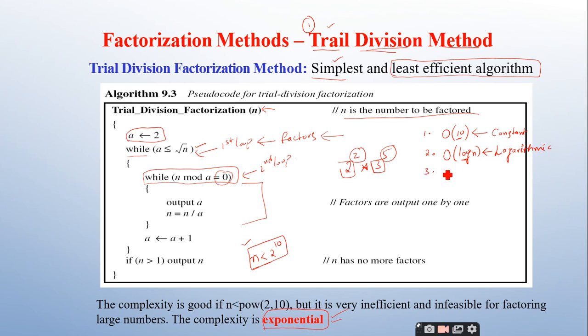In MergeSort or in QuickSort, you might have seen the complexity defined as big O of n log n. What is this complexity called? Log n is called logarithmic time complexity. What is this n log n called? It is called linear logarithmic. This is very important, please keep it in mind, right? So this complexity we call linear logarithmic.